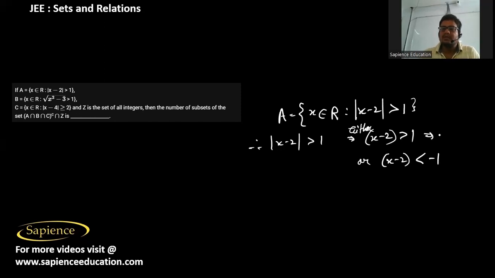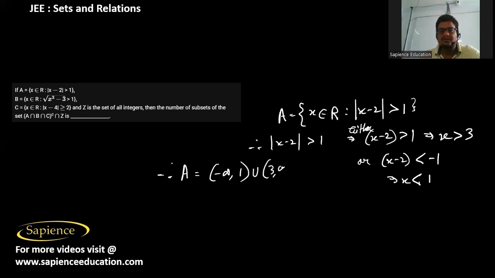So from here we will get x is more than 3, and from here we will get x is less than 1. Therefore the set A is from minus infinity to 1 union 3 to infinity,